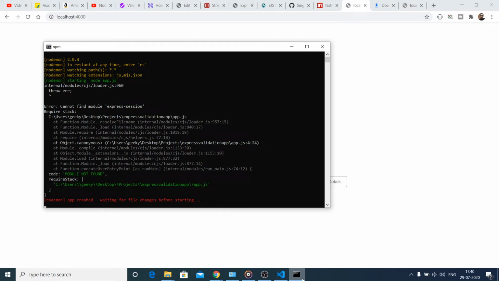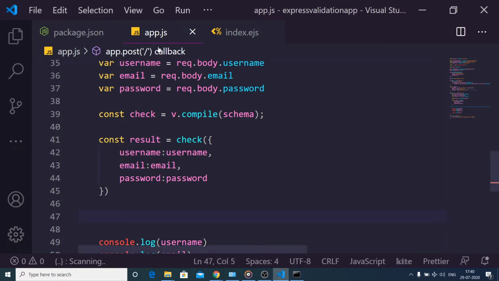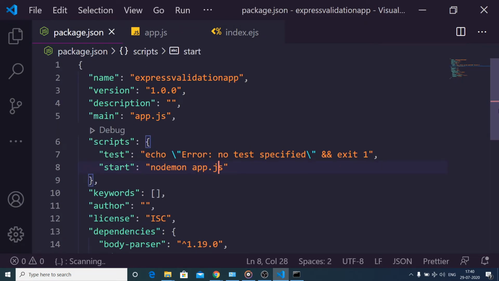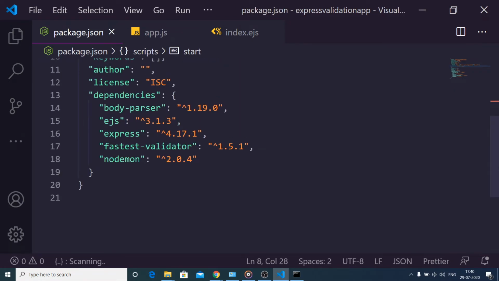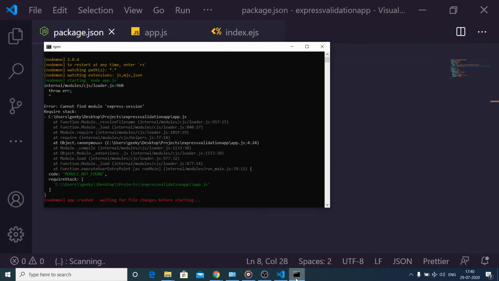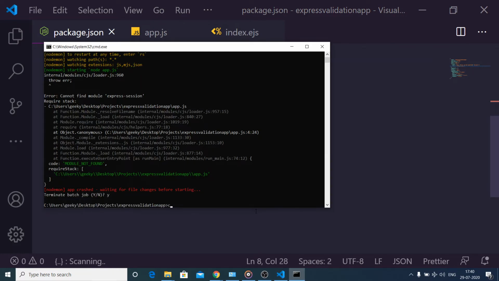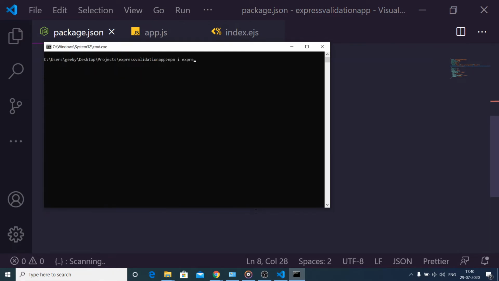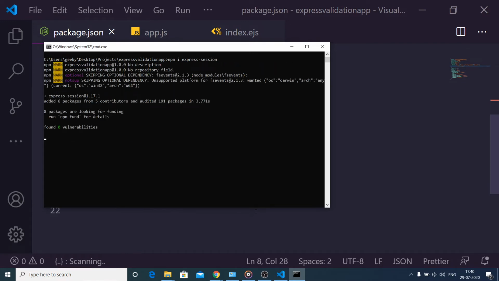It is saying cannot find express session. What is the problem? Let me see. Oh, I think we haven't installed it, so that is the problem. So npm install express-session. Install this library, it will install it, so just wait.